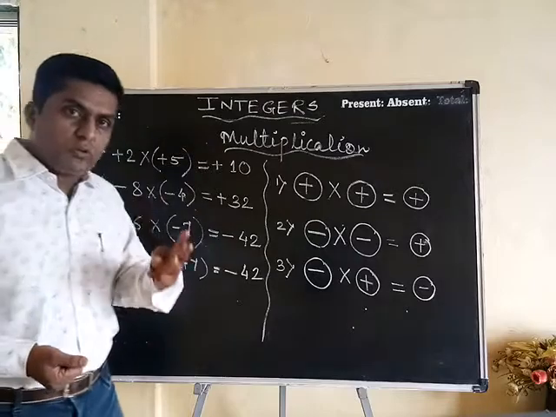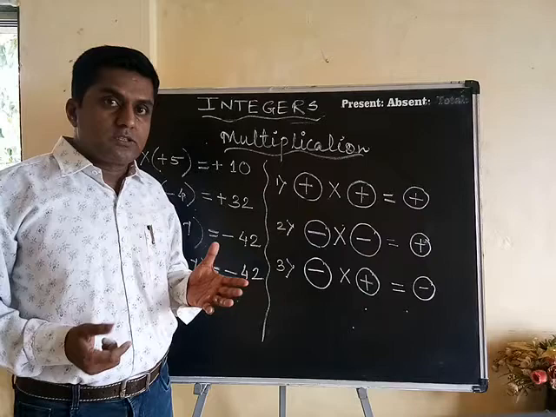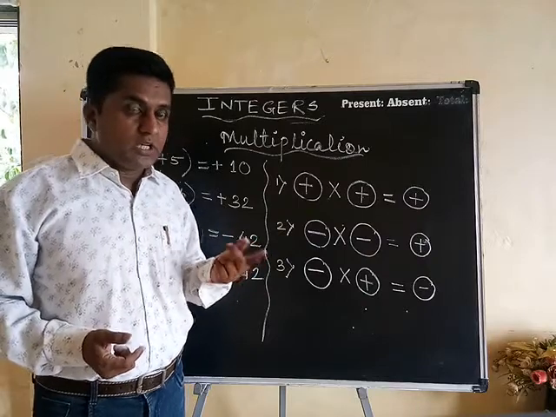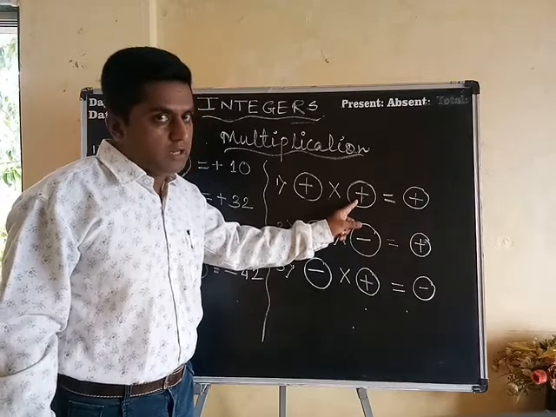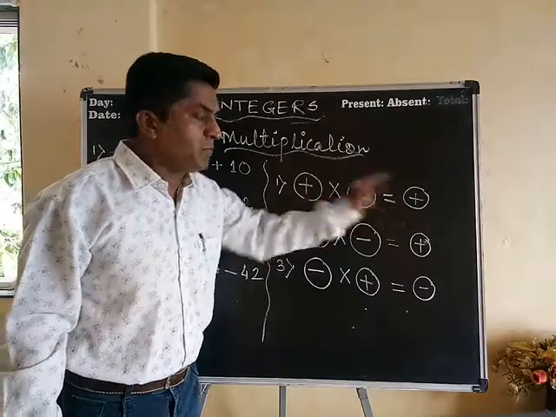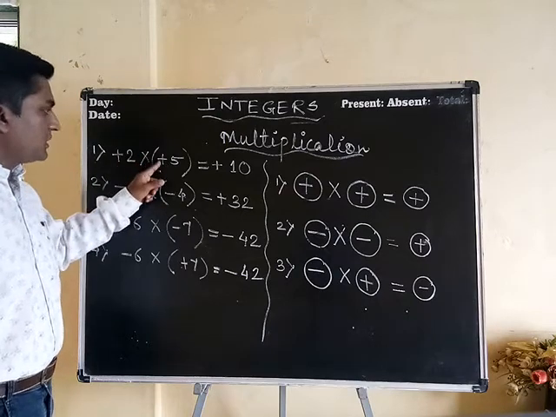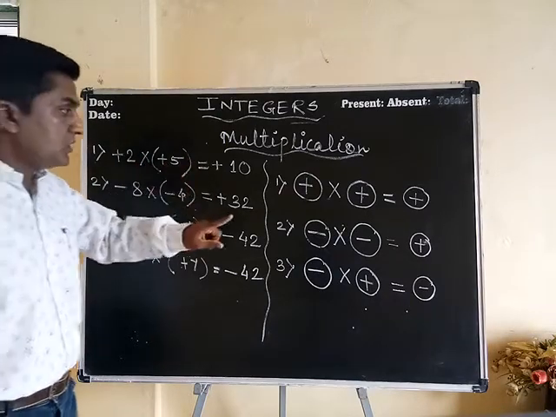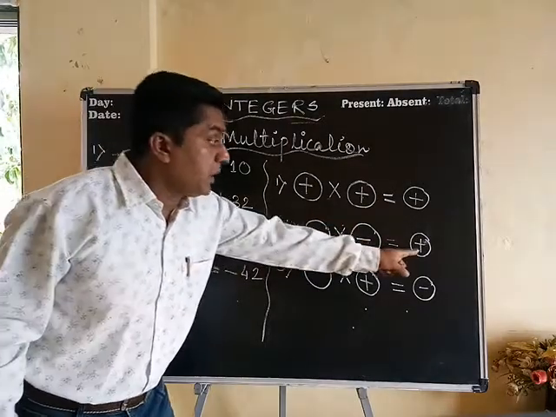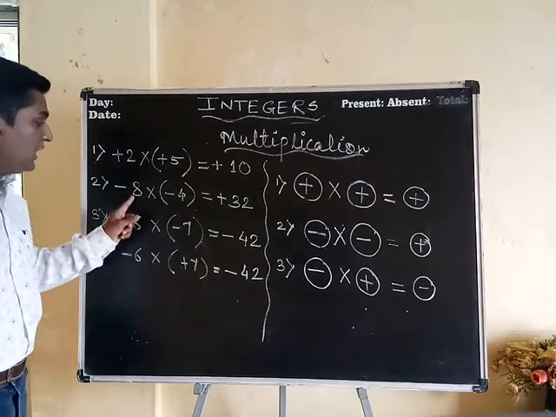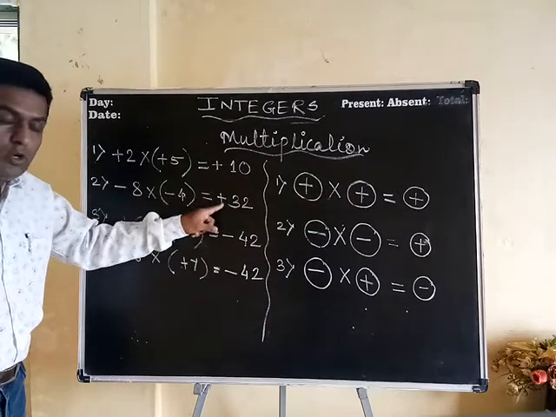So these were three rules which were related with multiplication of integers. What were those three rules? The rules were, if two numbers have the same sign, positive, multiply them and give the answer a positive sign. That we have done here. 2 5s are 10 and positive into positive is equal to positive. Second rule said that if two numbers have negative sign, multiply them and give a positive sign. So here what I have done, 8 4s are 32. Negative multiplied by negative is equal to positive.